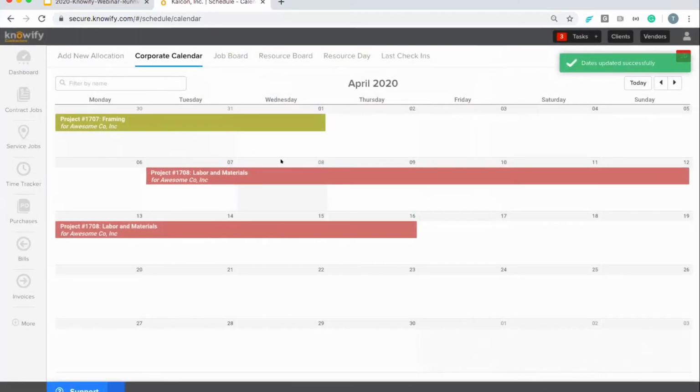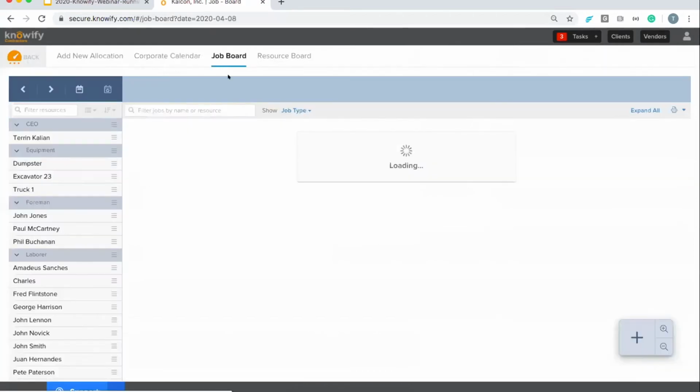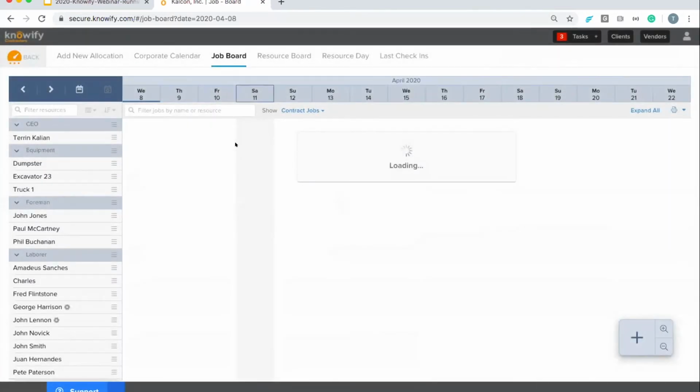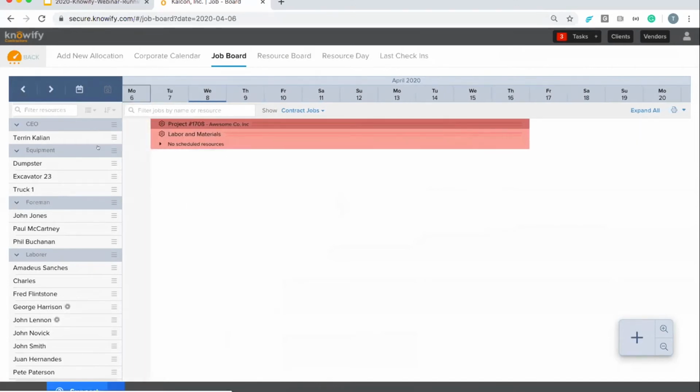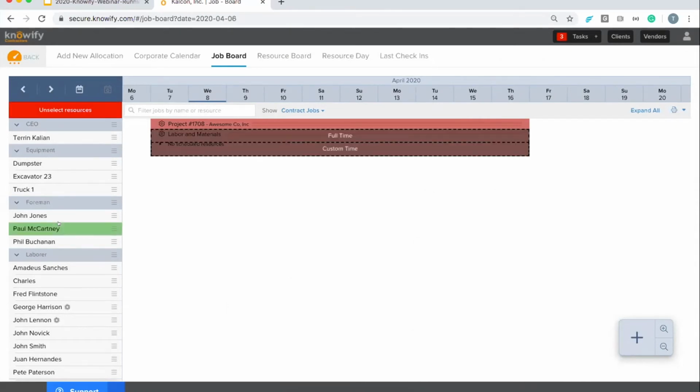But more importantly than setting the dates to the jobs themselves, I can assign different employees to these jobs. And that's what the job board and resource board are going to be for. I'm going to really focus on the job board, but I'll touch on the resource board briefly as well. The job board is going to use the dates from our corporate calendar to show me what jobs I have pending at this point in time. So then I can see who's available and then assign them to the projects. So if I take Paul and assign him to this 1708 job,